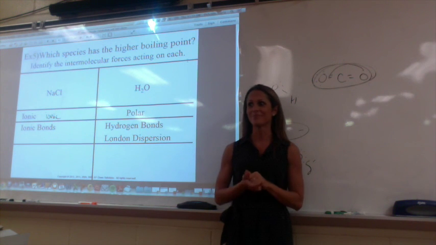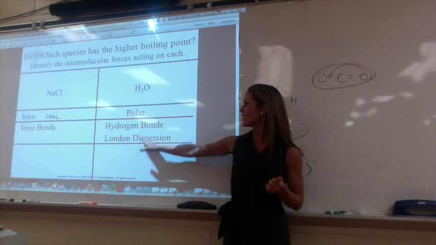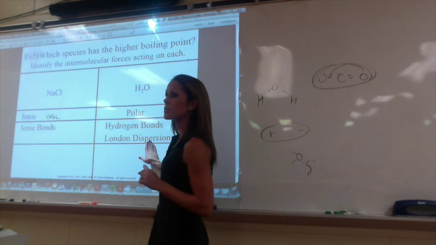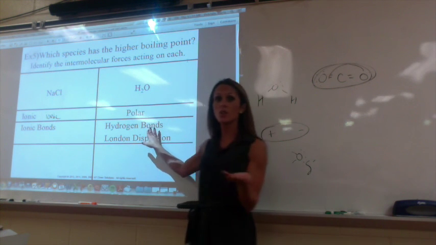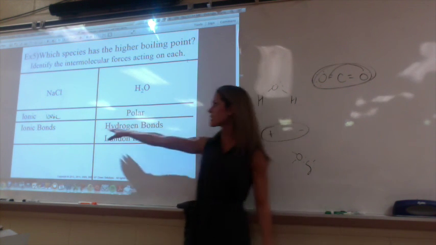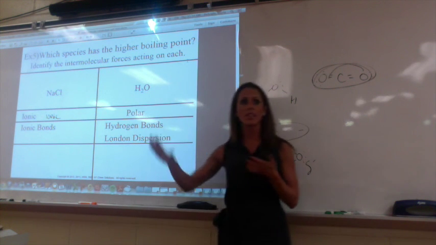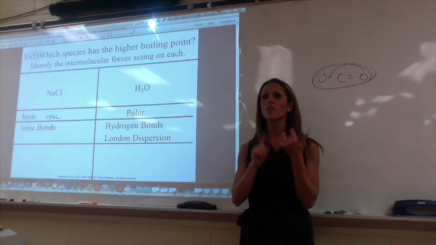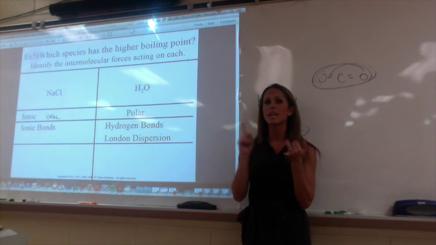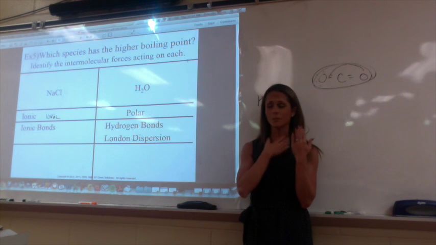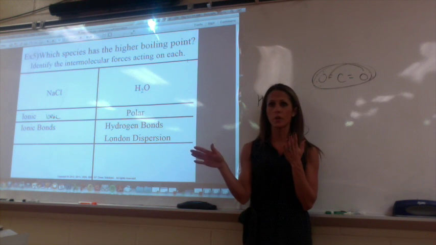Hydrogen bonds, London dispersion. But you would have chosen incorrectly if you didn't recognize ionic right away. You have to recognize ionic. So before you look at anything else, always ask yourself, and you'll get to this part too, is this a covalent network solid, or is it ionic? And if it's not, then you go straight to all of your covalent stuff.